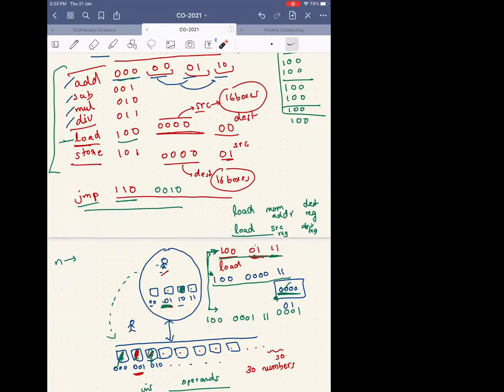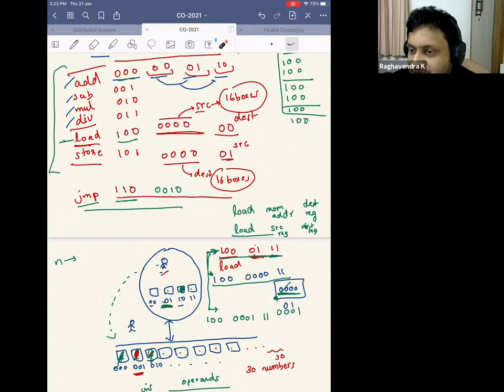Sir, the new load is kind of passed by reference. Yes, excellent. It's passed by reference. So that's why in computer organization terms, it's called indirect addressing mode. What you saw before is called direct addressing mode. What you are seeing now is called indirect addressing mode. Exactly, it's like passed by reference. So you are using some other register to figure out from where to load. I didn't want to introduce the technical terms so early, but that's called indirect addressing mode.